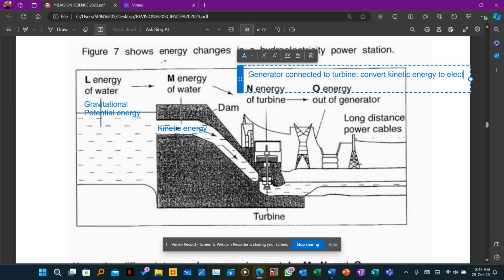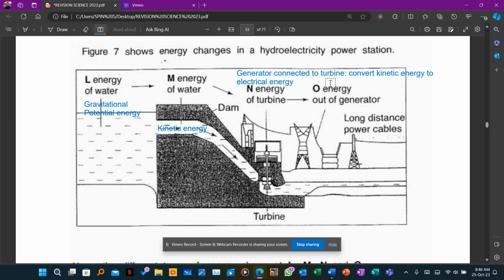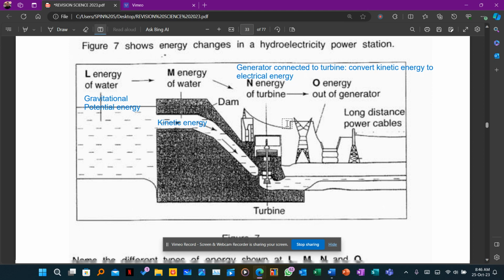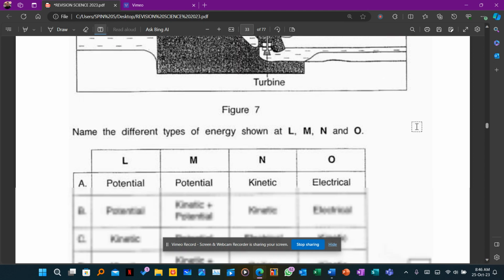to electrical energy. Don't ever say that the turbine is the one that converts kinetic to electrical. No, the turbine is just a fan that turns. The generator is the one that creates electrical energy, and that one will go out to the cable, transferring electric current to be used elsewhere. Okay,